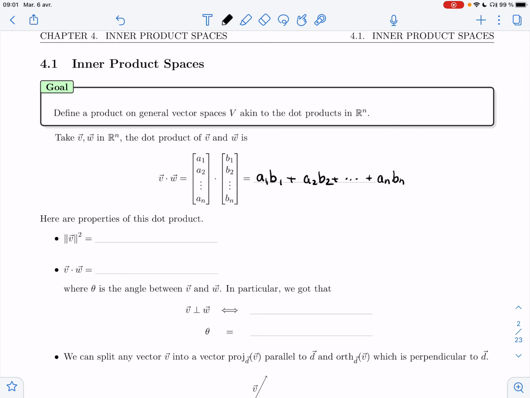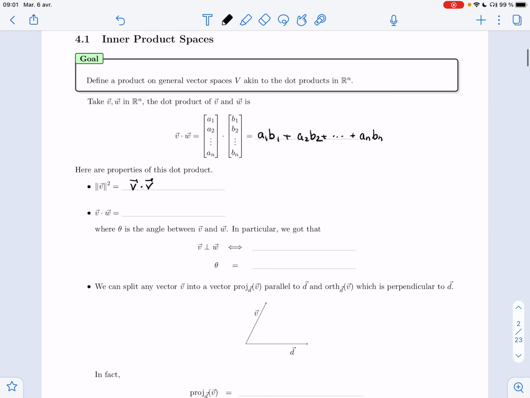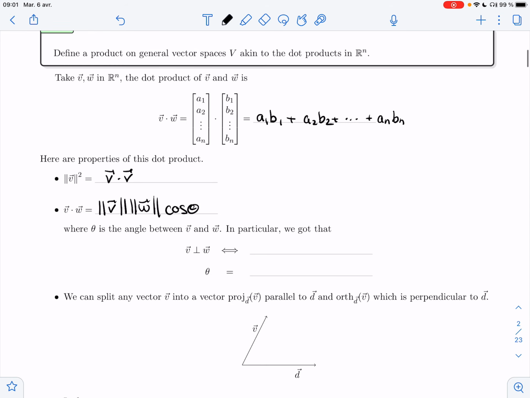If you take the dot product of v with v, you get the length of v squared. The dot product of v and w is equal to the length of v, times the length of w, times cosine theta, where theta is the angle between v and w. In particular, this means that if we want to test whether two vectors are perpendicular, let's remember this symbol for perpendicular, then all we have to do is to take a dot product and check whether that gives us 0 or